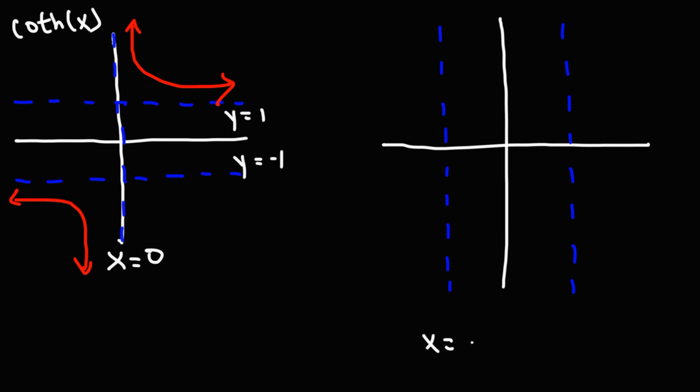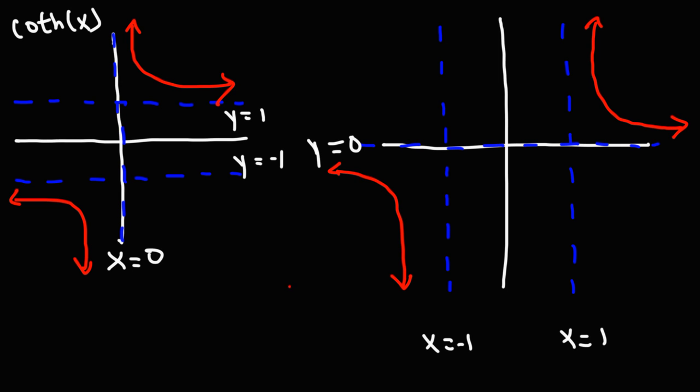So this one is at x equals -1. This one is at x equals +1. Now, the vertical asymptote at x equals 0 will become a horizontal asymptote at y equals 0. X and y will be switched. But now this part will be the same. So that is the graph